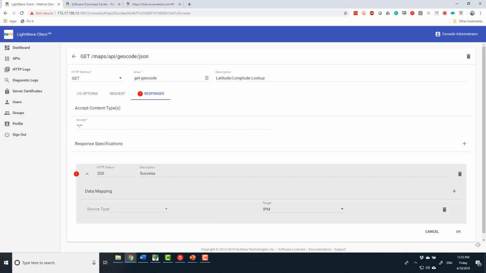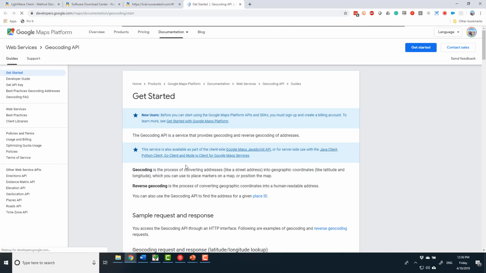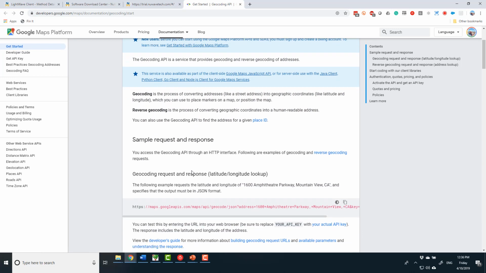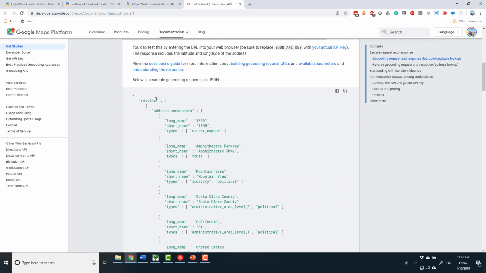And now we need to retrieve a sampled JSON message that we can get the JSON response from. So let's visit that website. Here we go. And this is the Google Geocode API Developers Guide. And if we scroll down, we can see this is the sample JSON response. So we can copy that data, go back to our console,